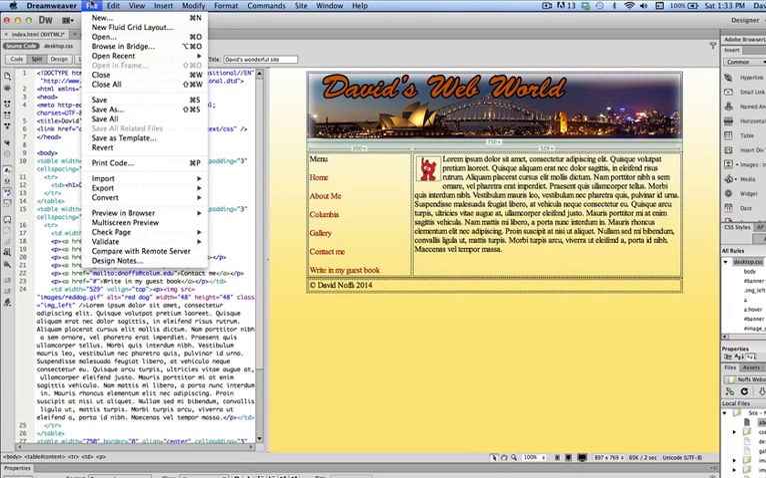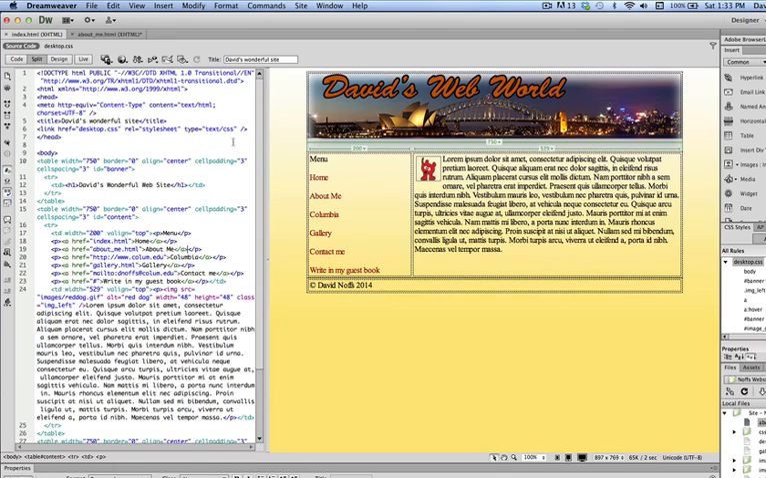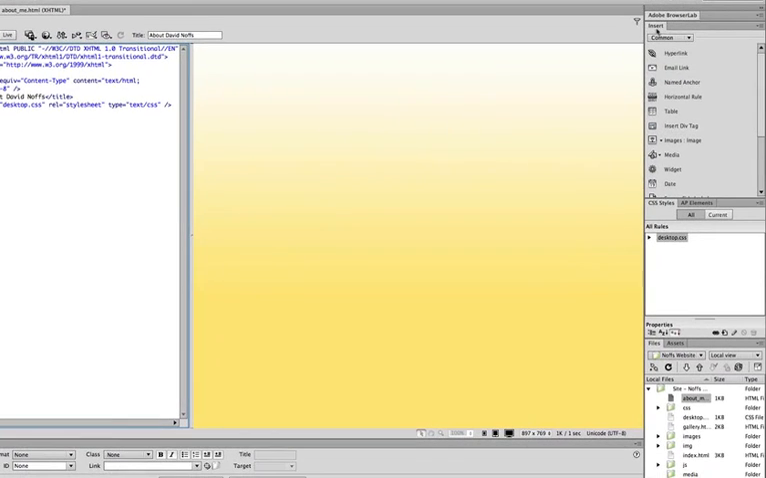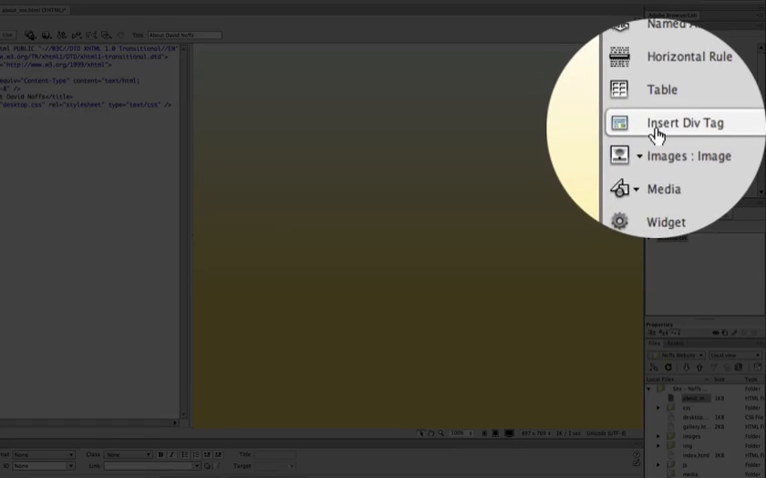I might just save this because it's going to ask me to save it sooner or later. So there's my new link, and here's the tab to get back to this page. So now instead of adding a table here for the contents for this page, I'm going to add a div tag. And so I go over to the Insert panel, and once again my cursor is inside this page, and I click on Insert Div Tag,